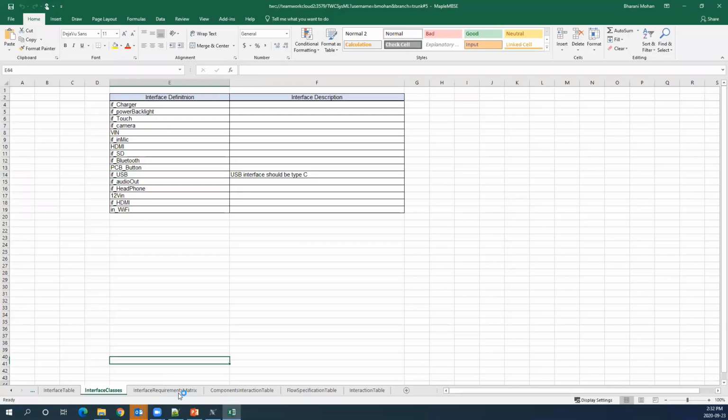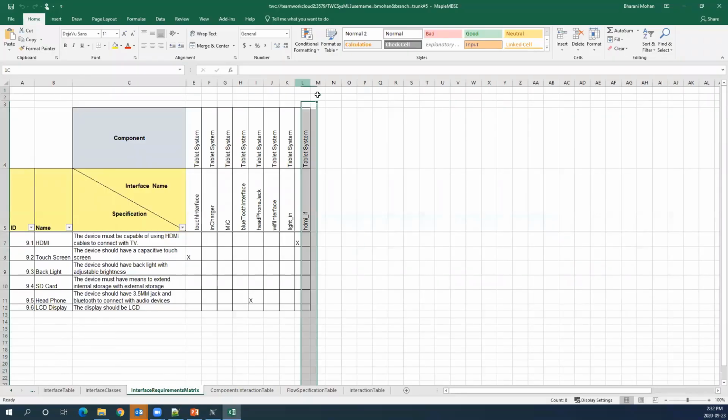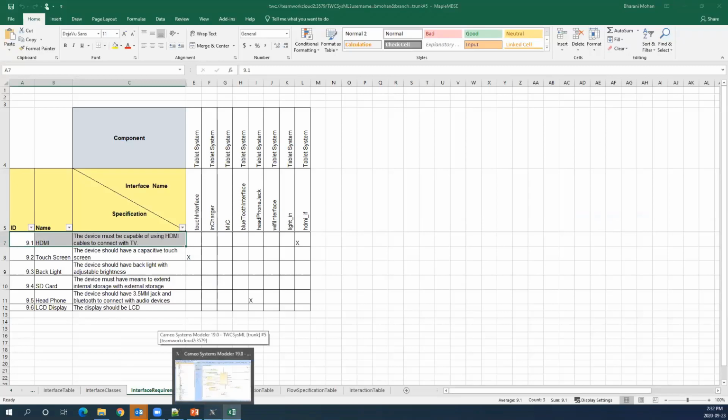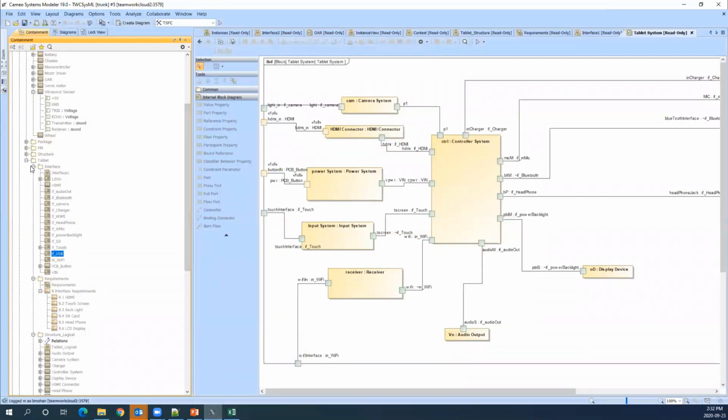In the same way, we also added a new port for the tablet system and also created a relation with the interface requirement. So if I again go back to the model and find the tablet system, you'll be able to see the new port we created.